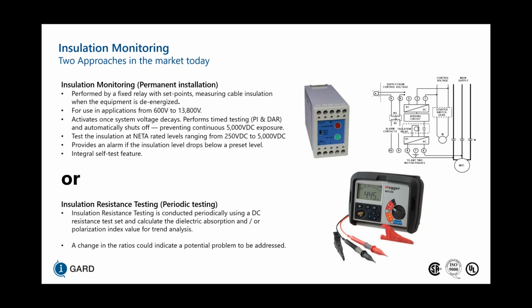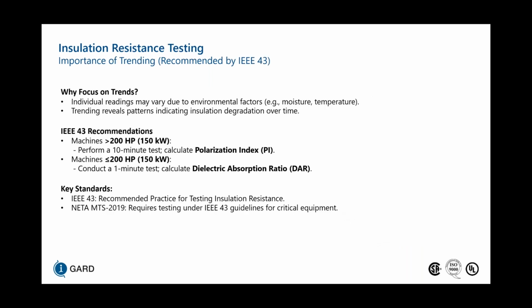The other method is to measure the system, and this is typically done with portable test equipment. Insulation resistance testing is conducted periodically using a DC resistance test set, and you calculate the dielectric absorption and/or polarization index values for trending analysis. A change in the ratios could indicate a potential problem to be addressed. So why should we focus on the trending? Well, individual readings may vary due to environmental factors such as moisture and temperature, and trending often reveals patterns